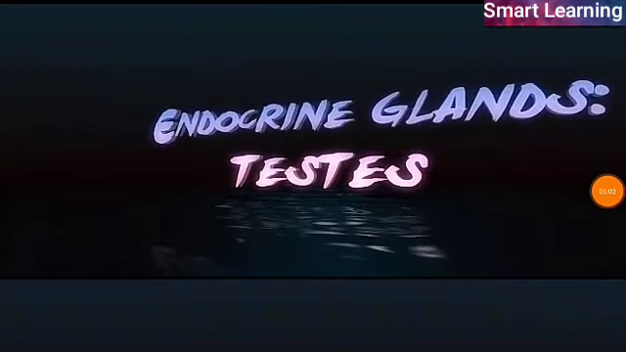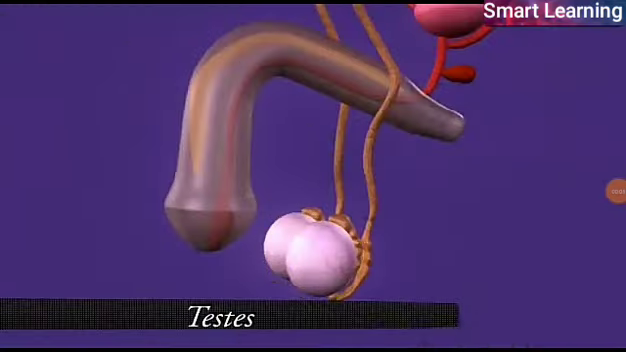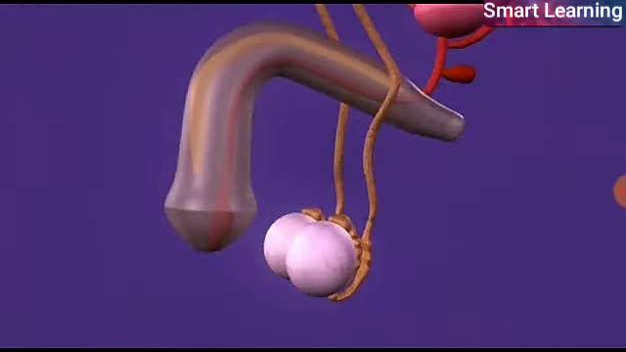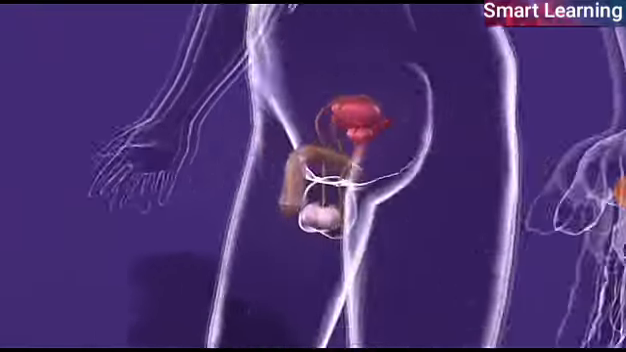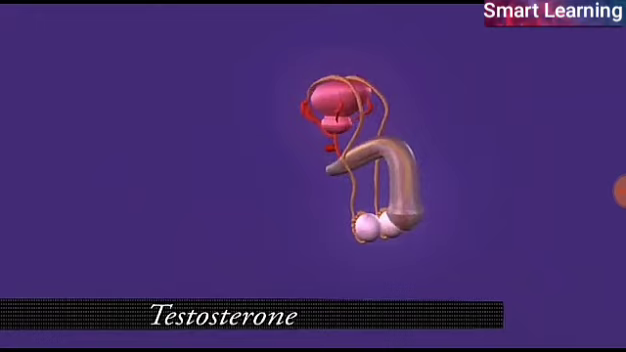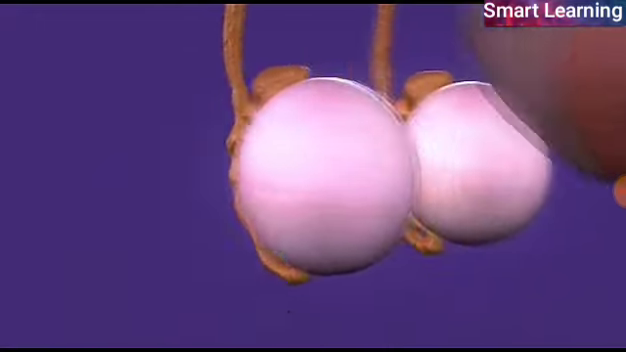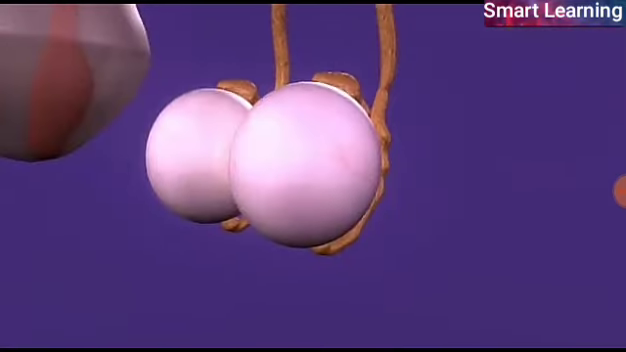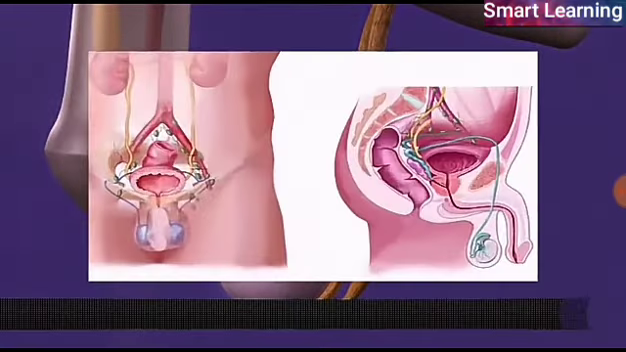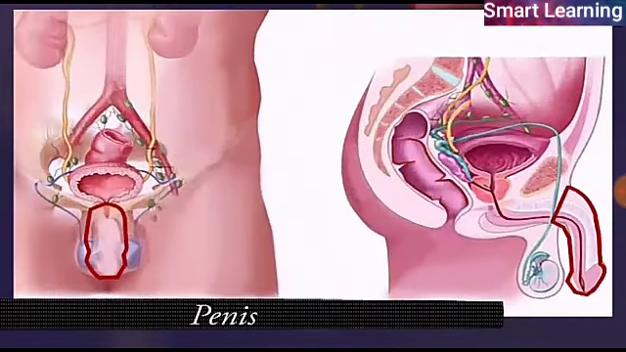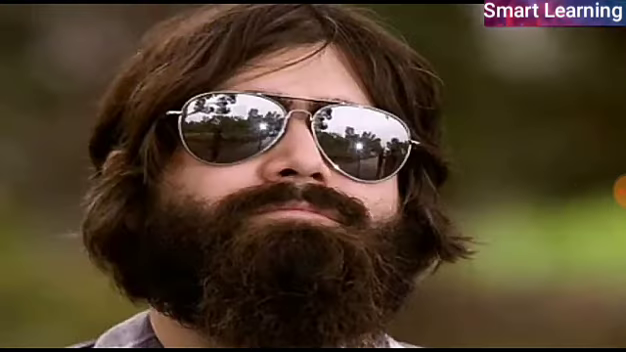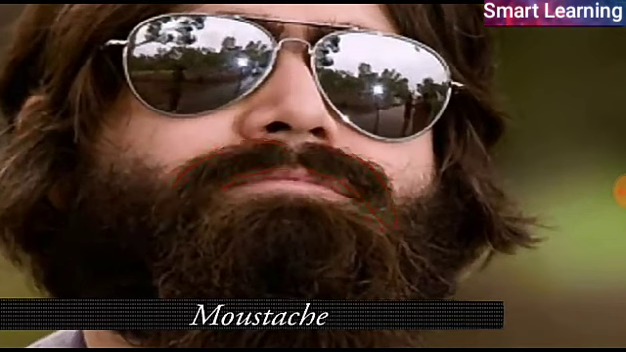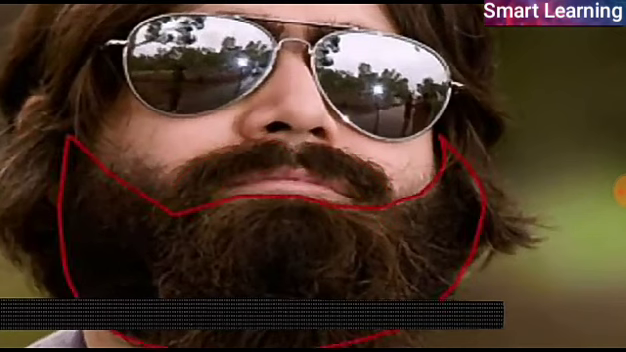Endocrine glands. Testes. Testes are part of the male reproductive system. It secretes sex hormone, testosterone. Testosterone stimulates the growth and development of male accessory glands like prostate, penis, etc. The development of secondary sexual characters in males, for example mustache, beard, hair on the body, deepening of voice,